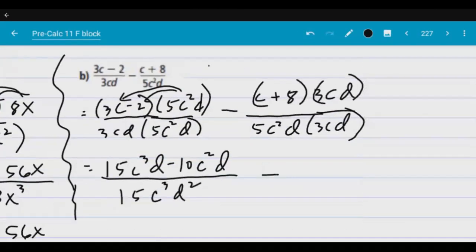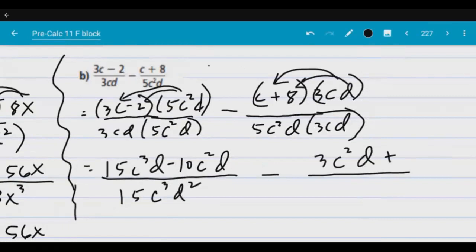Minus, so distributive property, 3c squared d. Then this one plus 24cd all over 15c cubed d squared. Now guys,